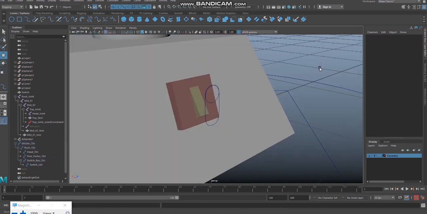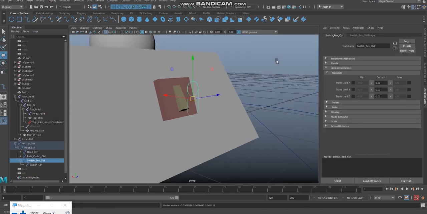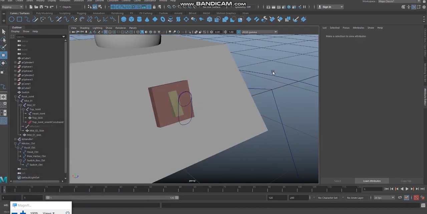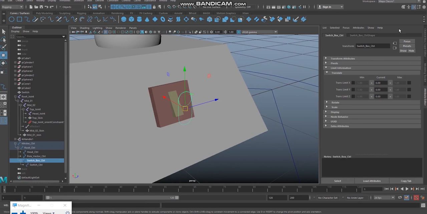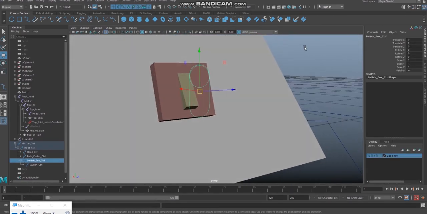Okay, so now what about this one, switch box control? This can move anywhere, right? And that is also not good for our rig. So what can be done for this switch box control? I want to make it static. I don't want that to be moved. Okay, so for that,